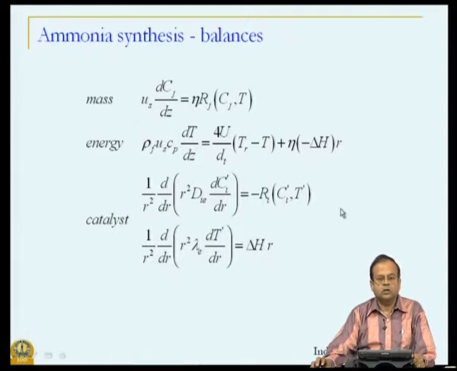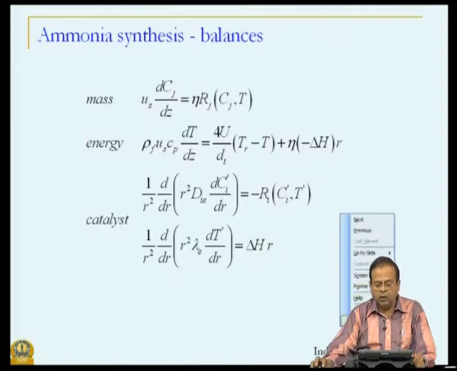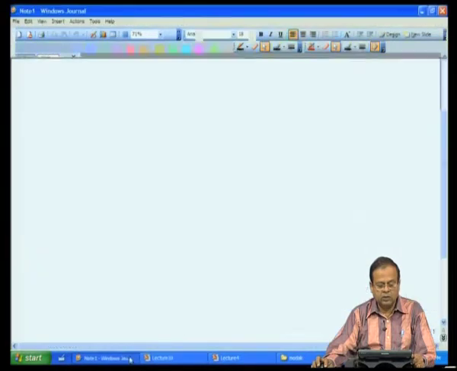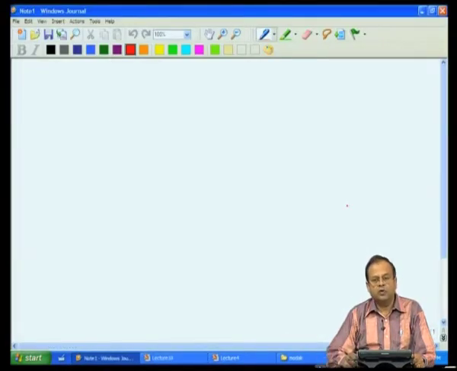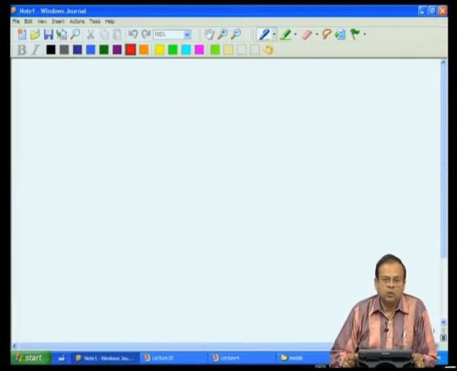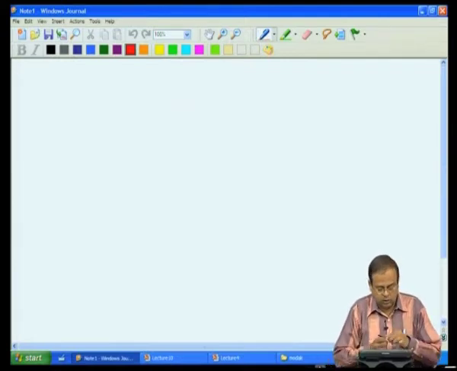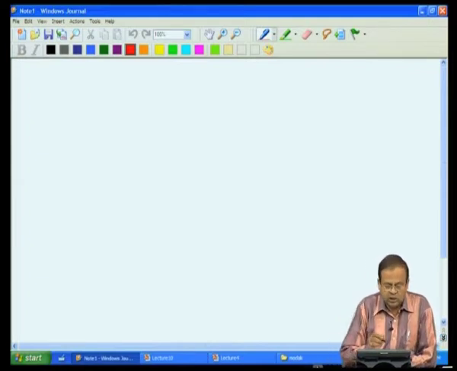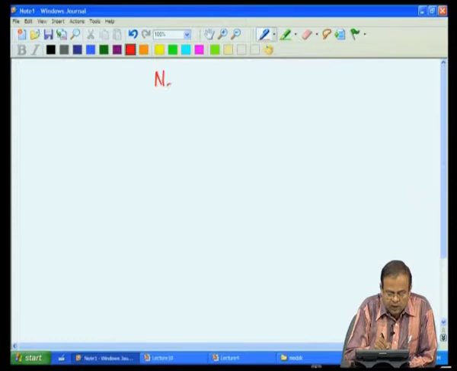So, let us for time being just focus on assuming this effectiveness factor value is unity. It does not change qualitatively any design aspect. So, before we now go to the actual reactor design and look at various operations, let us go back to the case where we had earlier considered what happens when you have a reaction which is reversible and which is exothermic in nature. So, our ammonia synthesis reaction, for example,